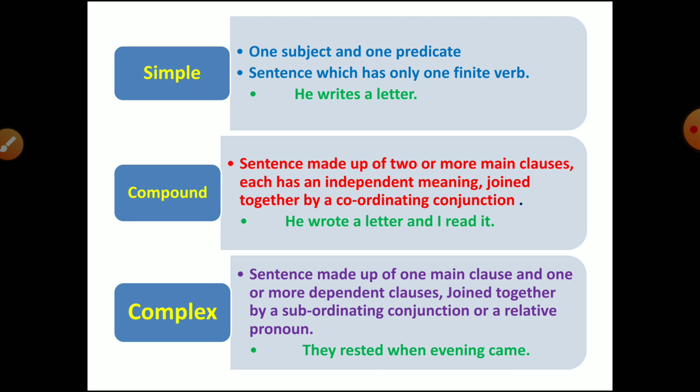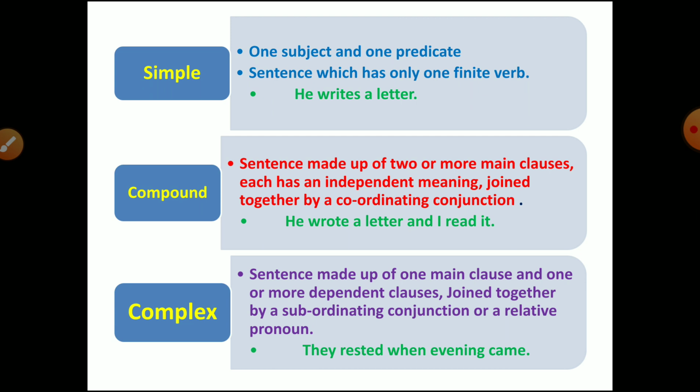This coordinating conjunction is very important. I'm going to tell you in detail what are these coordinating conjunctions, because these are very helpful. These help us to coordinate or connect two independent clauses. For example, he wrote a letter and I read it. He wrote a letter. This is a clause and this is a main clause because it has a subject and predicate, and it gives complete meaning. Then I read it. Subject and predicate. So both these sentences can stand independently, and they are quite independent, and this 'and' connects these two.